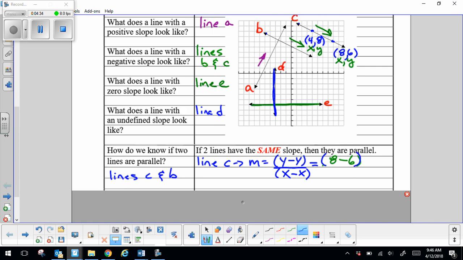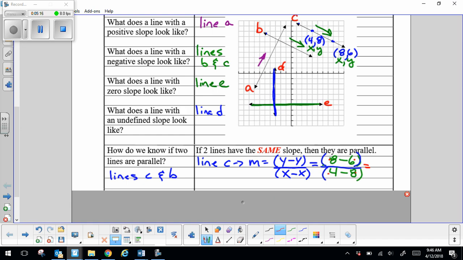All right. And we've got, let's see here, a 4 for our x, and then an 8 for the x on the second one. Keep in mind, a lot of times you do x1 or y1, x2, y2. As long as we stack them correctly, we got what we're looking for. So I'm going to put this directly into my calculator, and I'm going to just hit math, enter, enter, so that I don't have to worry about coming up with who's negative and who's positive. So it'll be parentheses 8 minus 6, close parentheses, division sign, open parentheses 4 minus 8, close parentheses, enter, and